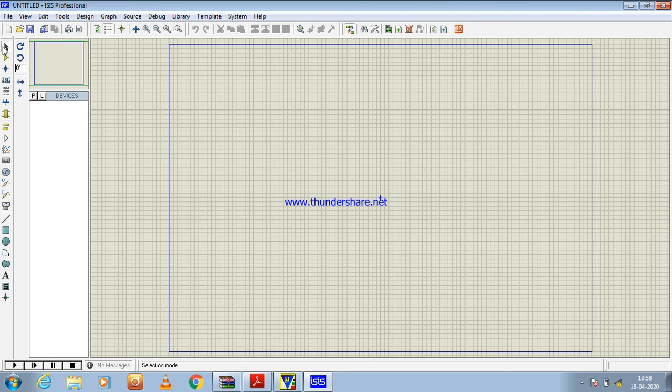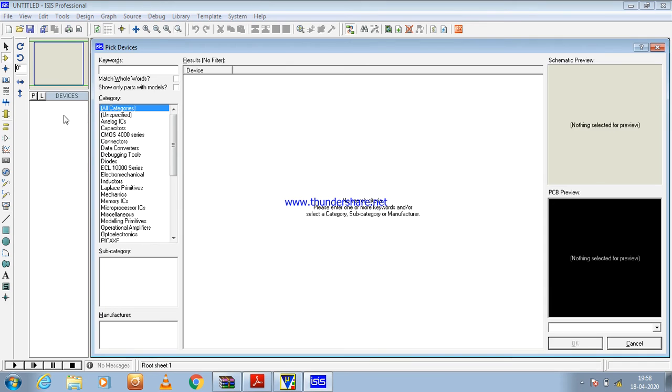Here this is an arrow option. Arrow is nothing but selecting a mode. Here you are choosing a device. So you have to choose which component you want. All these options are there. You can even choose a signal component. Here you see pick from library. You have to click here.